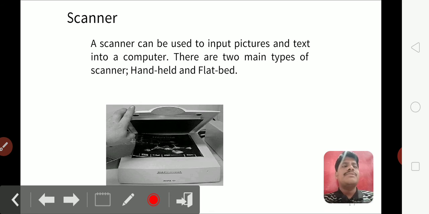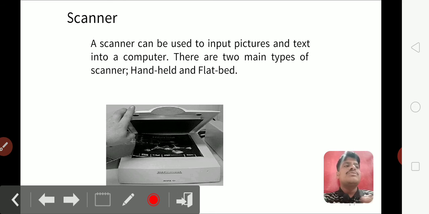Coming to the next one, we have the scanner. Usually a scanner is used as an input device to scan data. The data can be an image, a word document or anything, and the scanned data can be converted into suitable pictures or text messages.